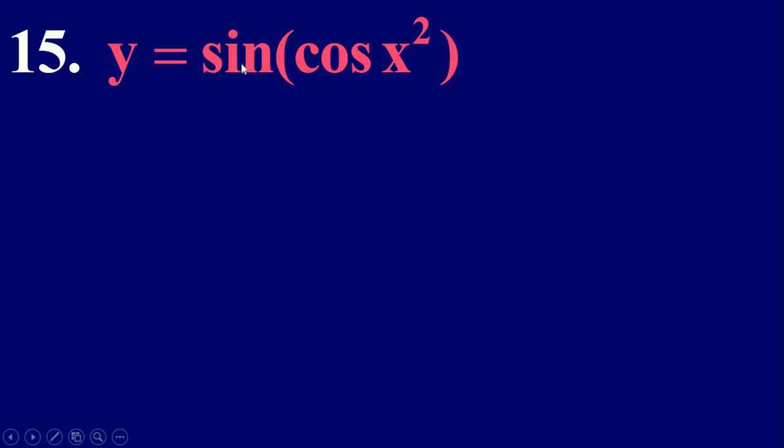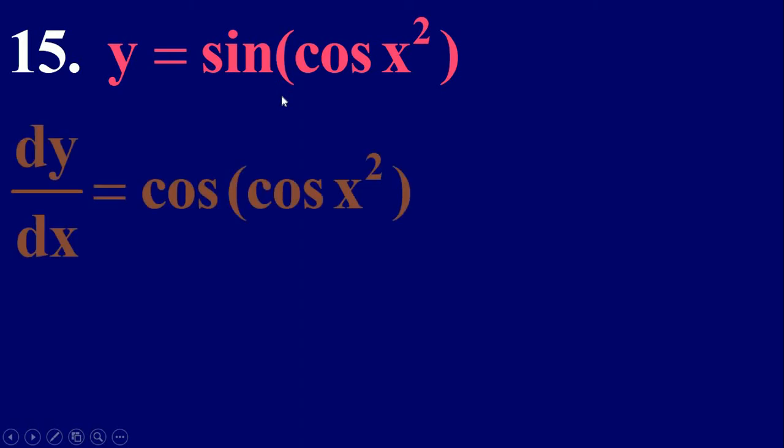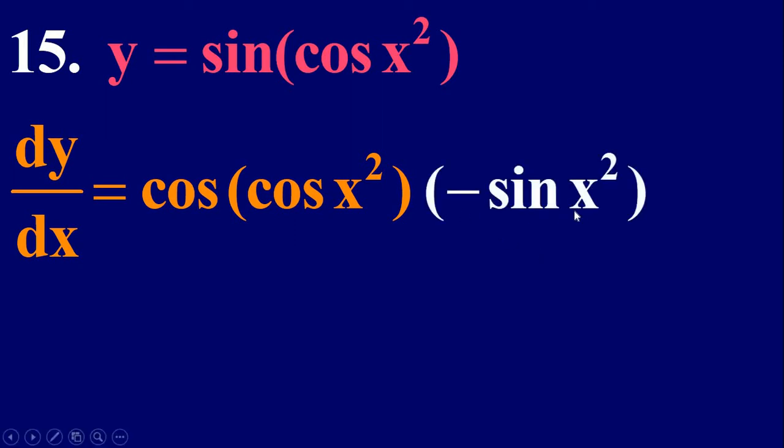So next one, y equal to sine of cos x square. Now first you have to consider this as sin x. So sin x differentiation is cos x, but in place of x you have to write cos of x square. So therefore dy by dx is cos of cos x square, but it is not x. In place of x we have cos. Cos x square differentiation is minus sin x square. Again here it is not x. Again here we have to write minus sin x square.